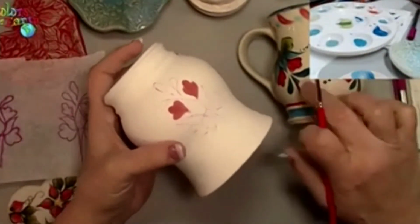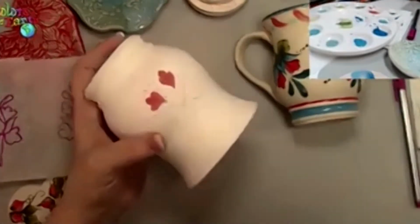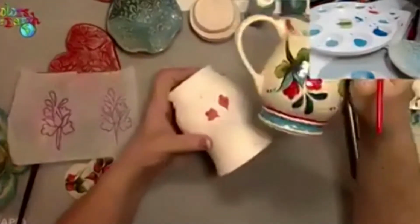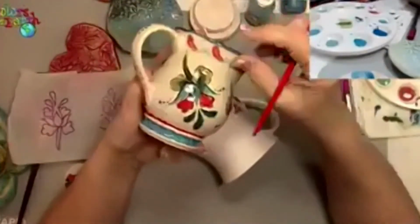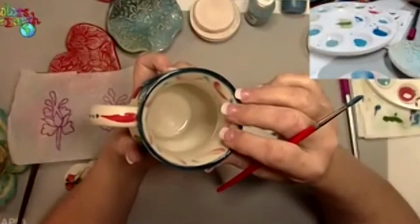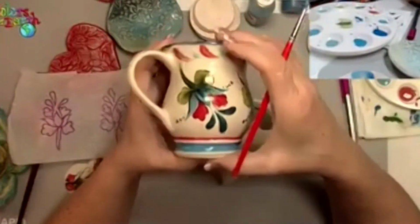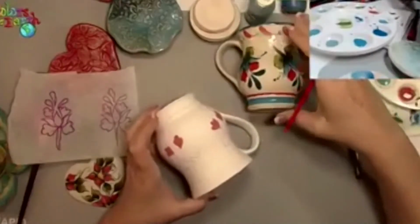Okay, so I'm going to do these. Folks want to know, what did you glaze the inside of your mug with? Did you just use a clear for that? Well, this was done in 2014 before I knew about your high fire glazes. So I tried my glaze on the rim. You see how it made the colors bleed? And it crazed on the inside because it wasn't compatible. We don't have a cone 6 clear glaze. So on this particular one, I will brush on the Mako zinc free